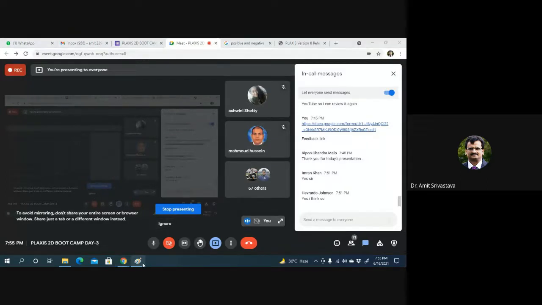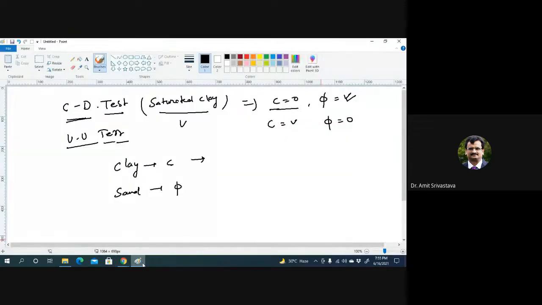So you need to understand the field condition. If in the field undrained condition exists, then you should take parameters that are obtained from UU test.